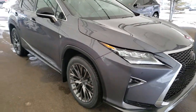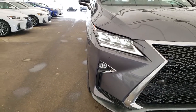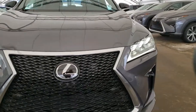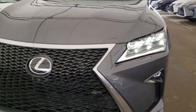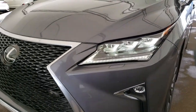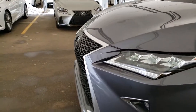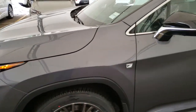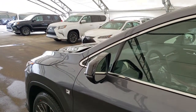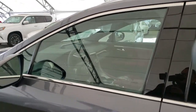Some of the features on this vehicle include premium LED headlamps with the auto leveling headlamp system, LED daytime running lights, LED fog lamps, front and rear park assist sensors, headlamp washers, blind spot monitor with rear cross traffic alert, keyless entry with push start ignition,